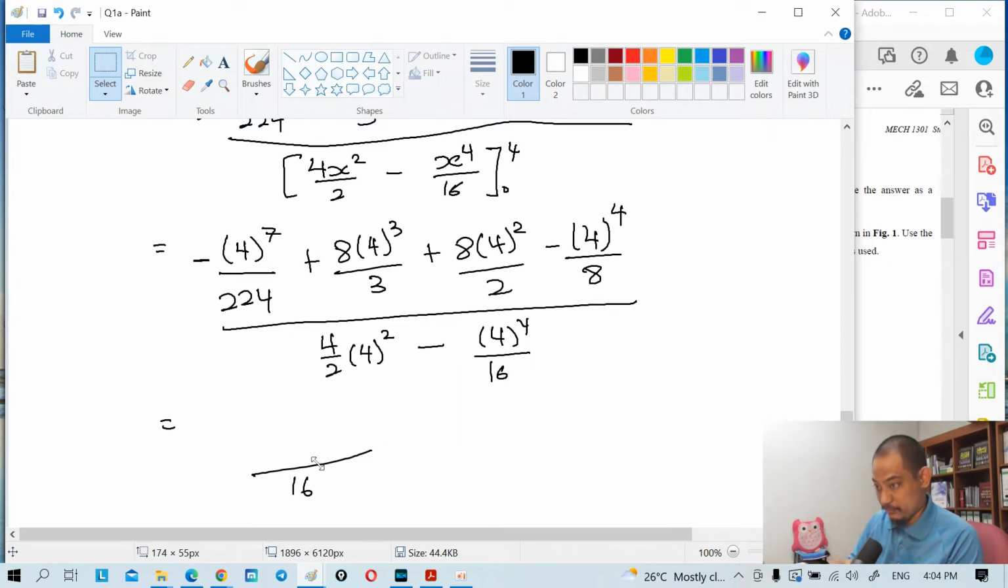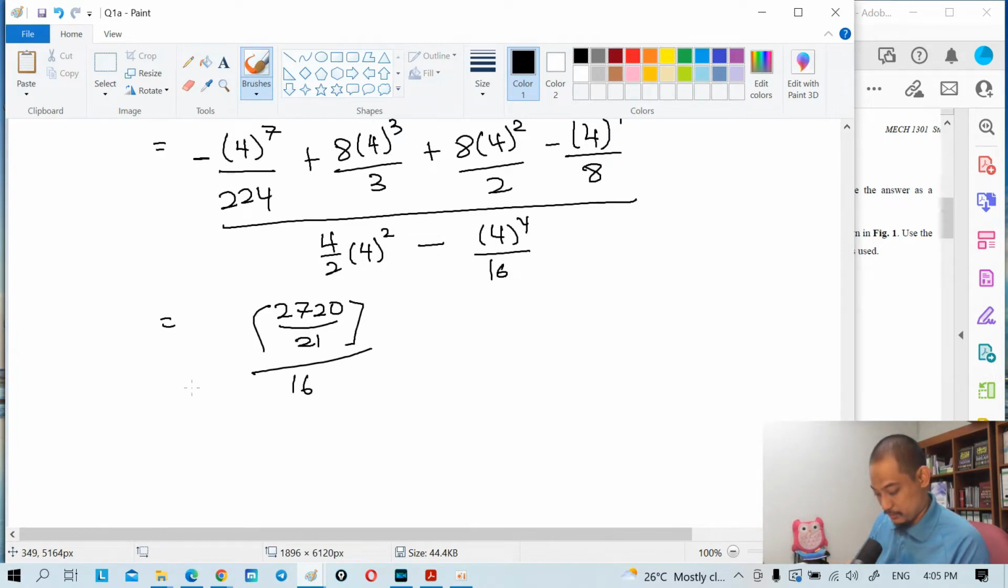Minus 4 to the power of 7 divided by 2, to 4 plus 8 times 4 to the power of 3 divided by 3 plus 8 times 4 squared divided by 2 minus 4 to the power of 4 divided by 8. So you get 2720 divided by 21, and then this divided by 16, you get